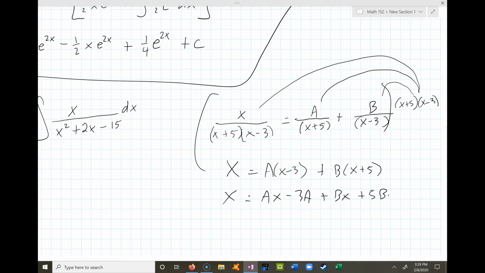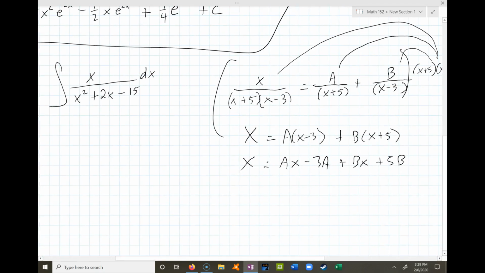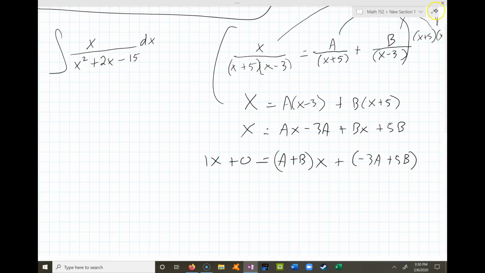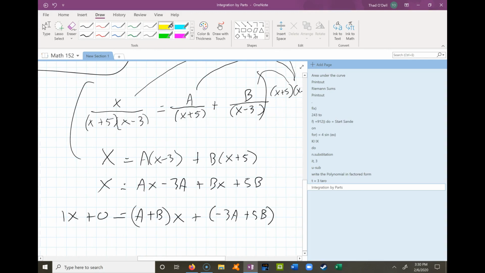And so then I look at the two sides, and I know that on this side I have 1x plus 0, essentially. And on this side, I have a plus b times x plus negative 3a plus 5b. So when I look at those two equations and try to make them balanced, I know that because of, let me grab a highlighter here, because of this right here